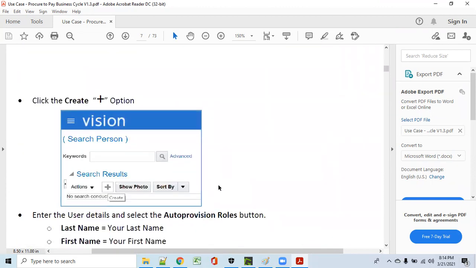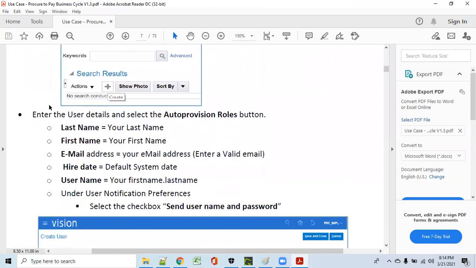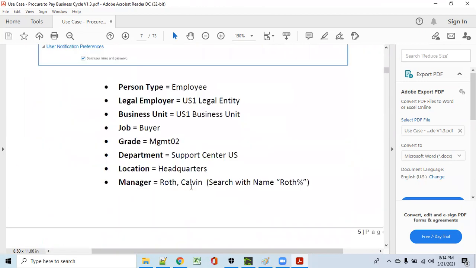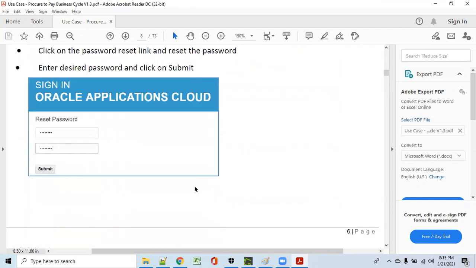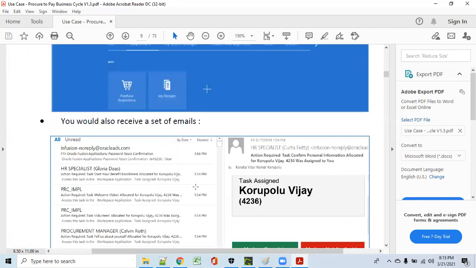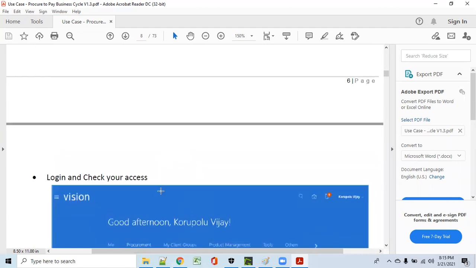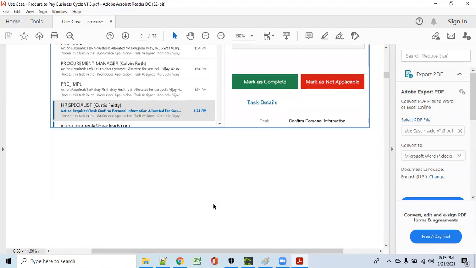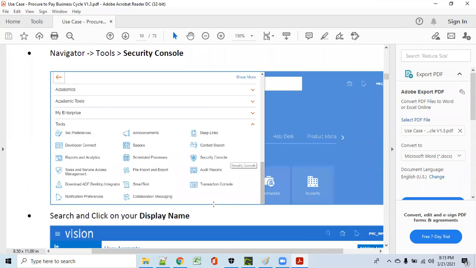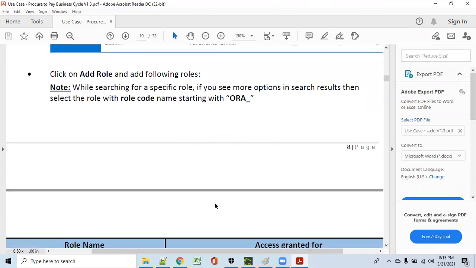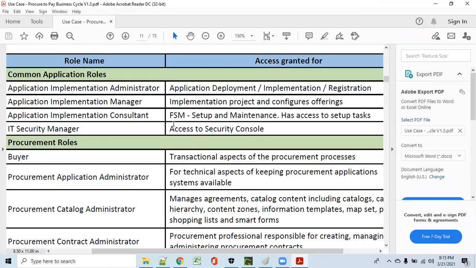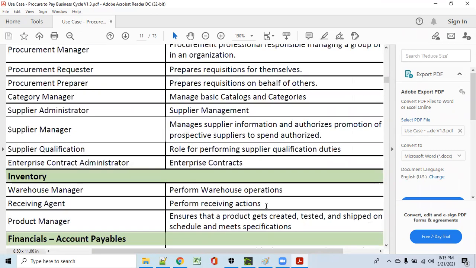I'll show that one, or it will be here only. See, create. This is user creation. So once he gets access, he logs in with that security, and then these are the roles which we told.